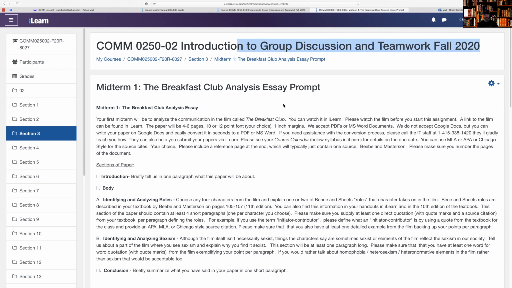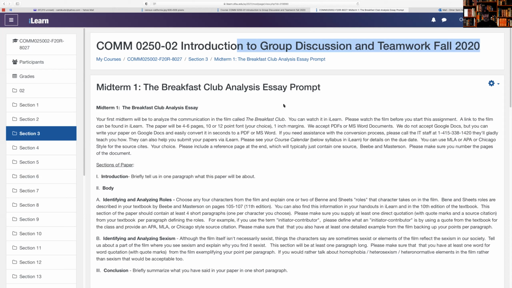And I actually have a little guide to APA style in our iLearn, and you can take a look at that if you want, or some students like to use Purdue OWL or other resources for their source sites and reference pages. We're only really using source sites and reference pages from Beebe and Masterson, so it's not as big of a deal, but you will learn about it there and you can figure out how to do it, and it's worth points, so make sure that you do have a reference page and source sites.